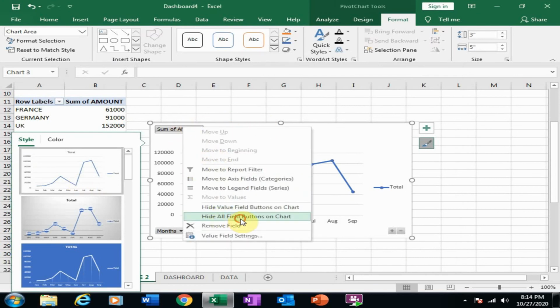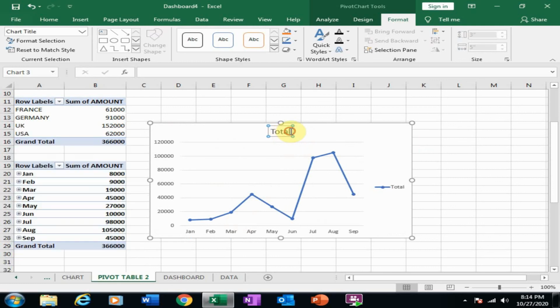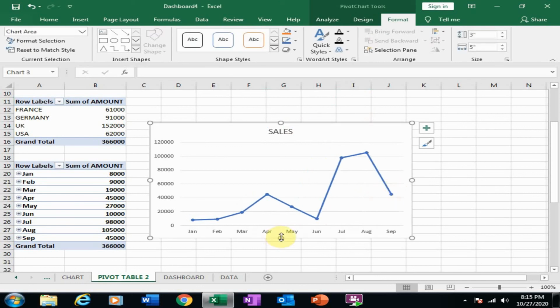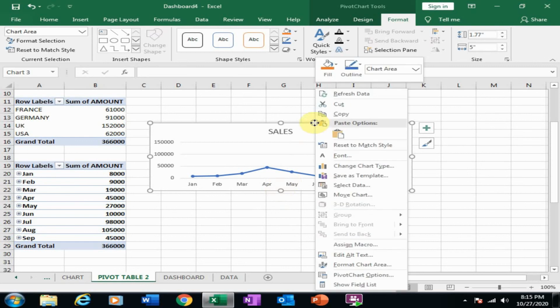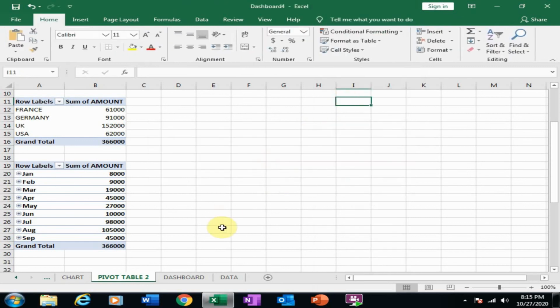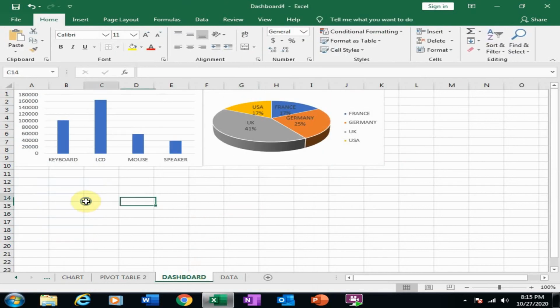Hide all field buttons on chart, and here I will type the sales. And cut this chart and paste in the dashboard sheet.